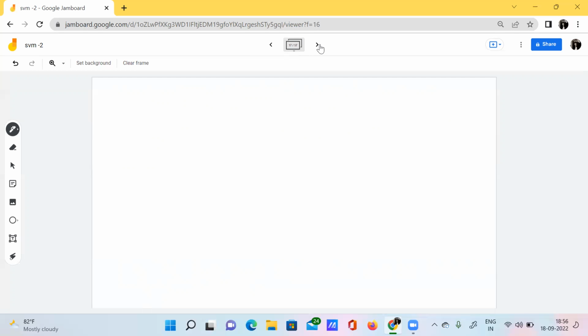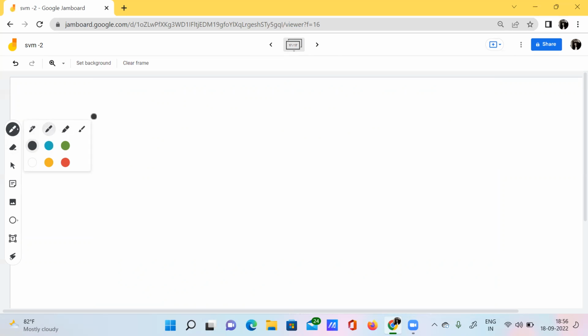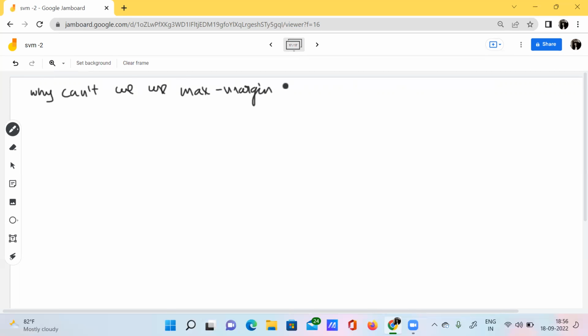But before that, I just want to give you an example for why we can't use the maximal margin hyperplane for non-linear scenarios.